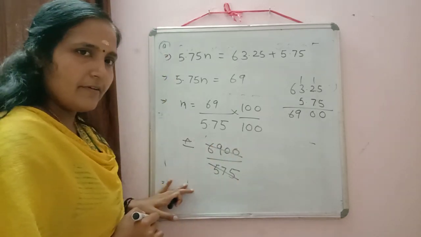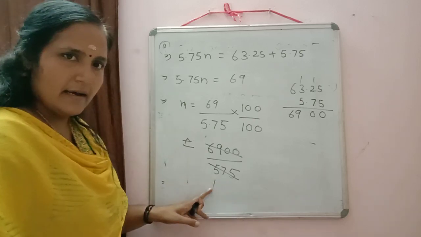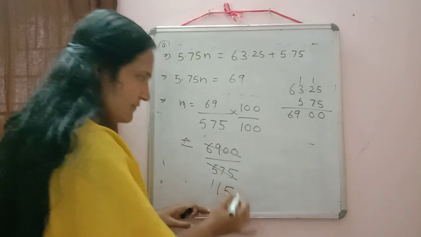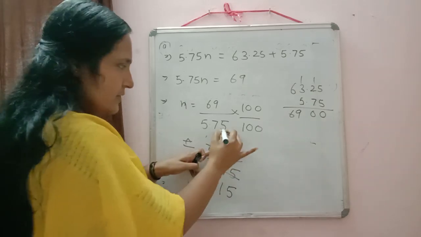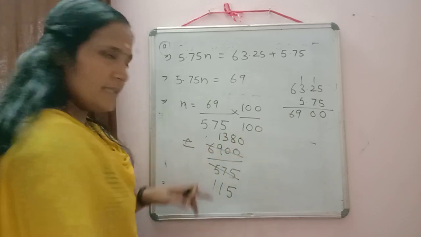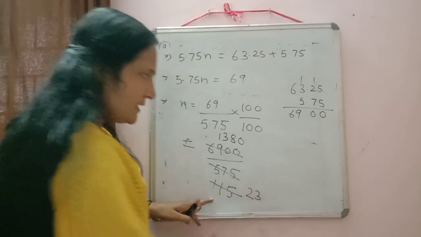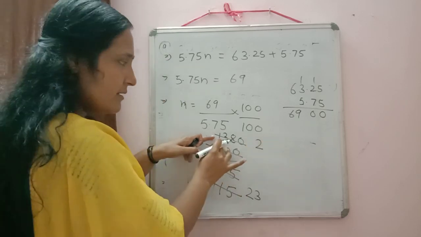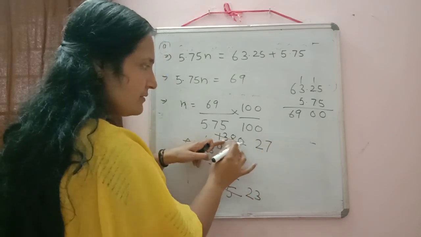Now we can cancel it. Shall I cancel it by 25? Okay, no problem. Cancel it by 5. 5 ones are 5. 7 minus 5, 2. 5 5s are 25. 6 minus 5, 1. 5 3s are 15. So here 4 will come. 5 8s are 40. Again we will cancel it by 5. 5 2s are 10. 5 3s are 15. Then 38 will come. 5 7s are 35. Then 6 will come.